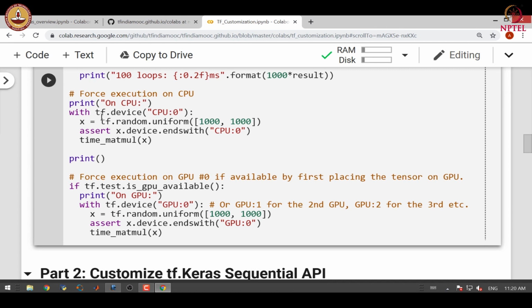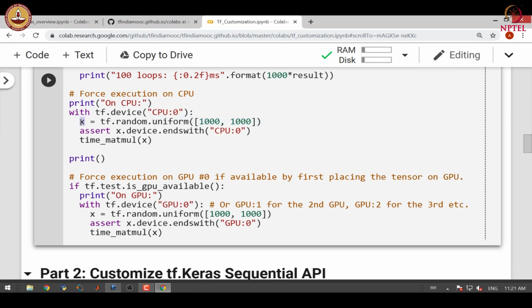We can do this in the tf.device context. Here we define the multiplication operation in the context of CPU. We specify CPU with tf.device and the CPU ID string. So, this is the first CPU, that is why it is CPU colon 0.